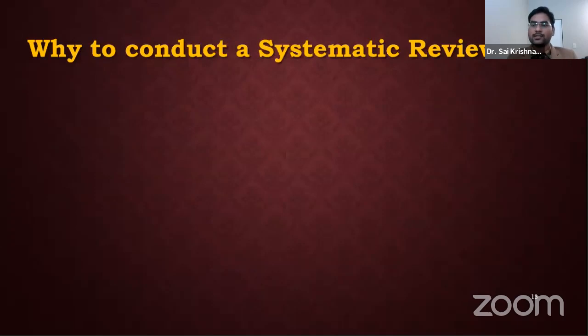So now, why conduct a systematic review? As I told you, in order to increase quality and decrease the bias. But still, what makes a systematic review special when compared to other reviews? If you remember the definition of a systematic review which I explained earlier, it pulls all the information related to a particular topic and brings it to one place. It summarizes the whole information that is available on all the evidence or literature sites, and then it starts assessing or coming out with some